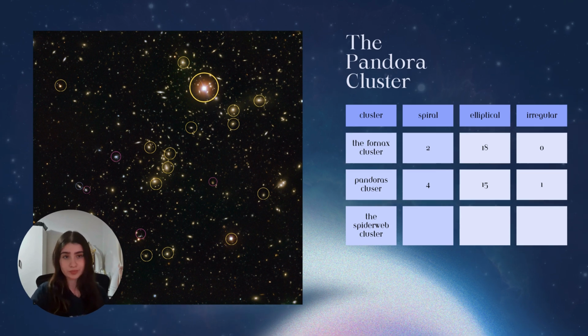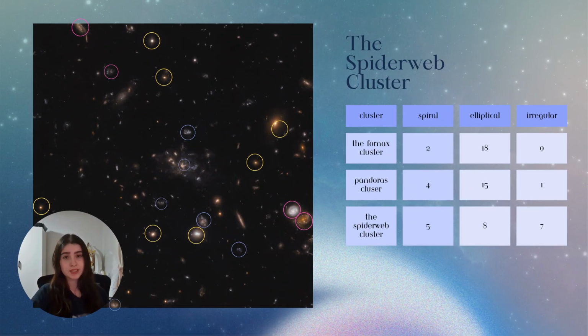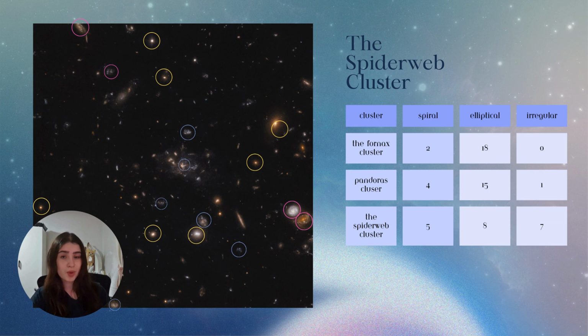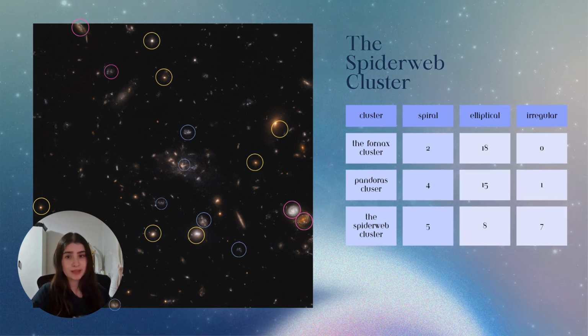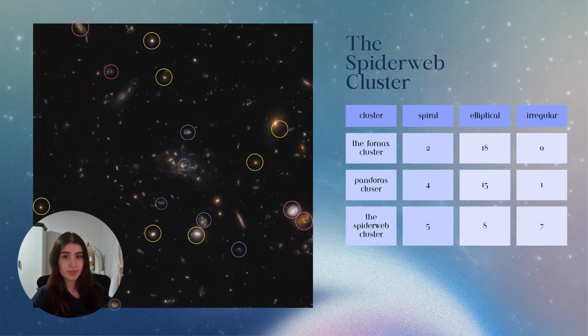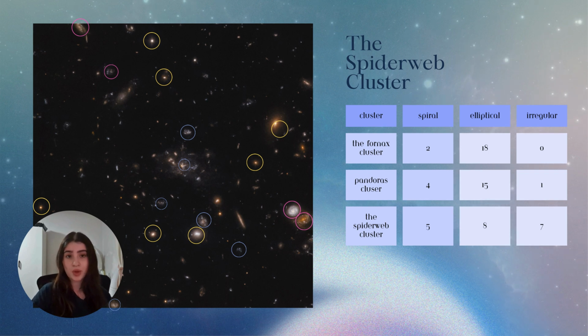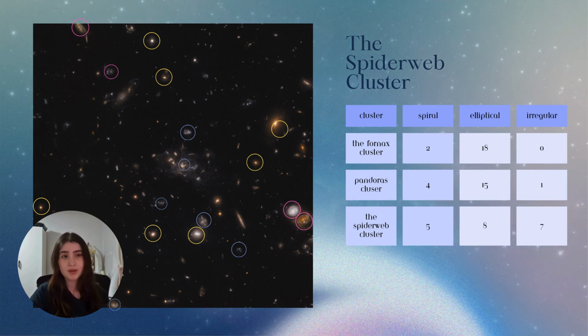galaxy in blue. Lastly, this is the Spiderweb cluster, and it is slightly different as it is a protocluster, meaning that it is a group of galaxies that is beginning to form a cluster. Thus, this gives us deeper insight into the early universe. In this case, we notice that from the sample, there were 5 spiral galaxies, 8 elliptical galaxies, and 7 irregular